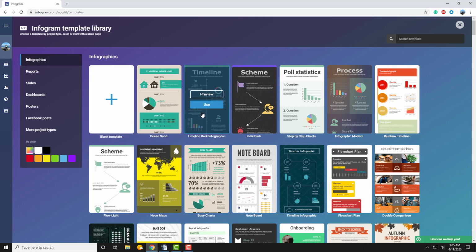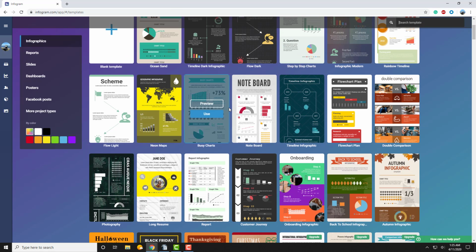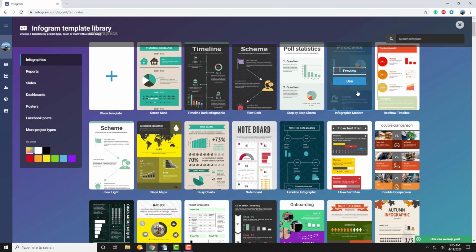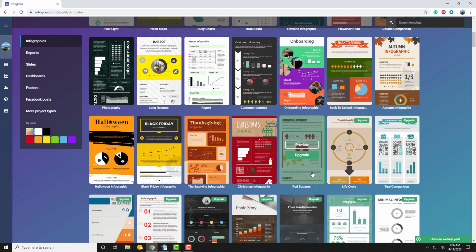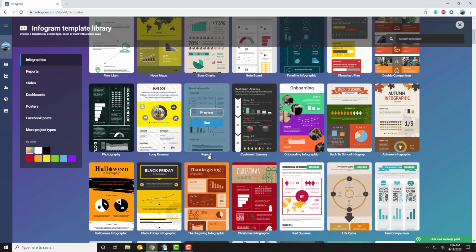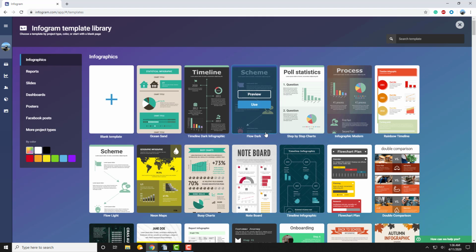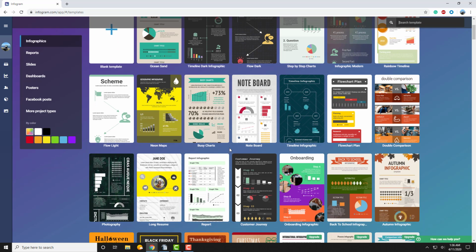So you have all the templates here. These are the free ones, and right here the green flag marks the ones you need to pay in order to use them, and they're like new and nice designs. So let's pick the free one. So I liked. So this tool is